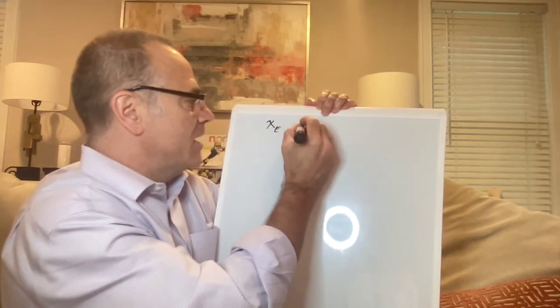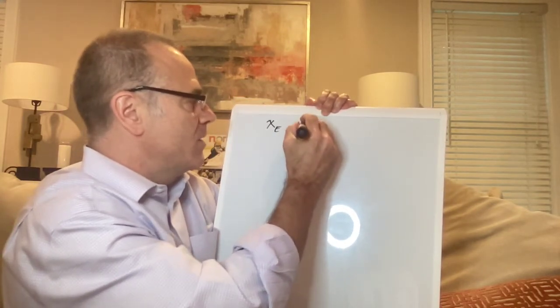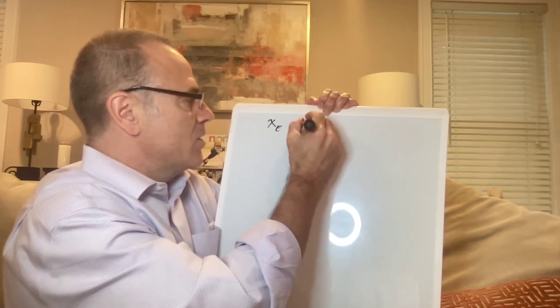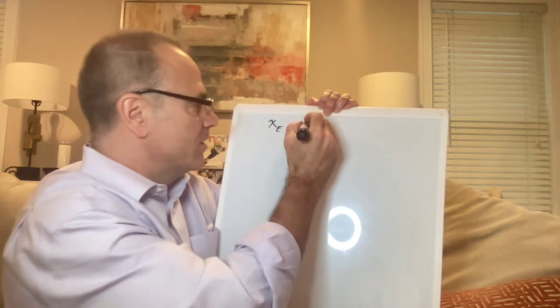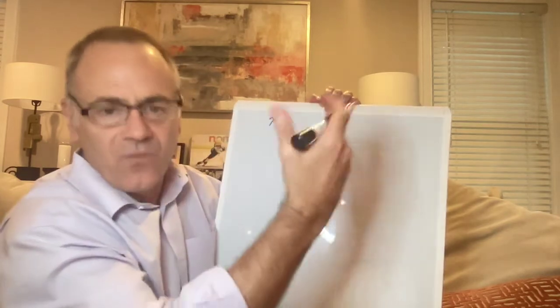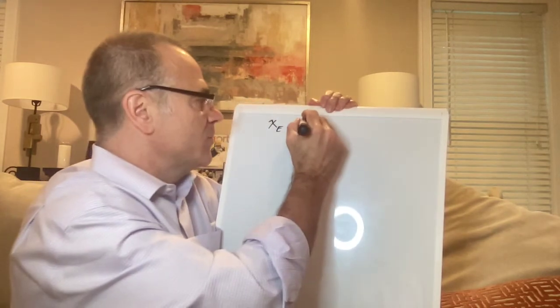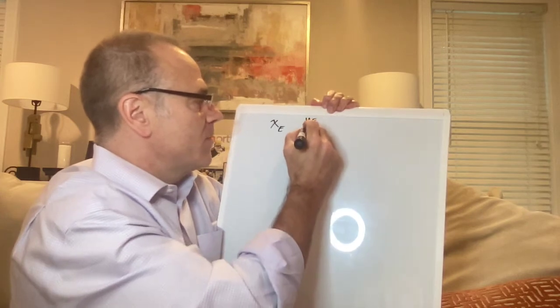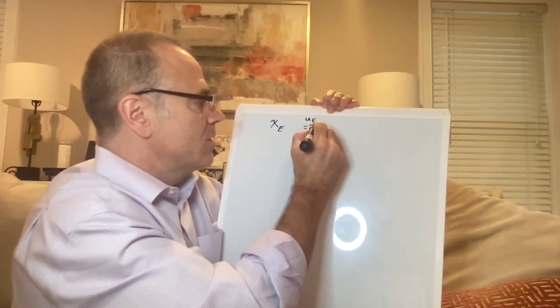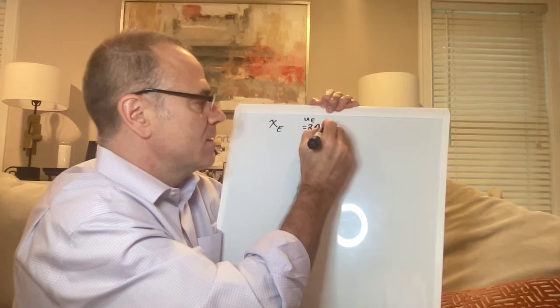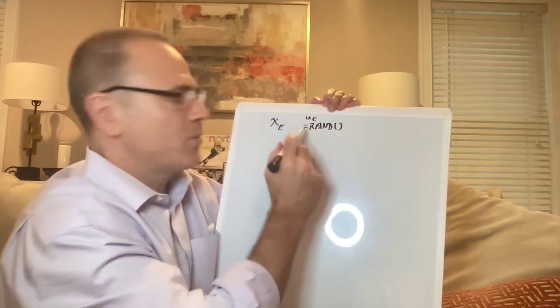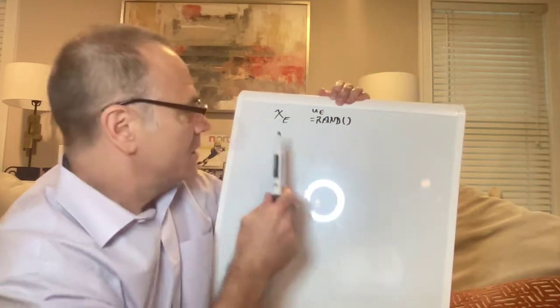And then you're going to have another column where it's a uniform random variable. So call it U sub E, but it equals rand left paren, right paren. Okay, so